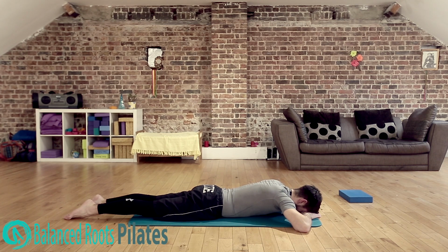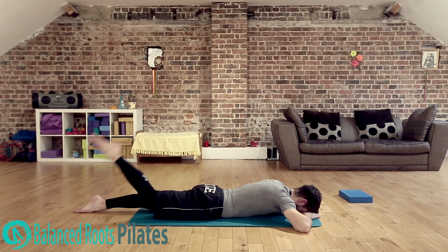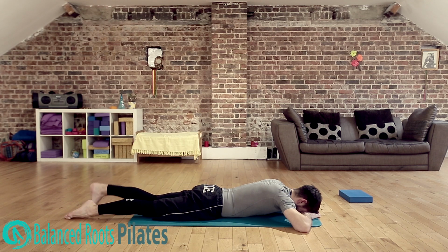Now you're going to keep your head on the mat. You're going to tuck your right toes under, push through the heel. It's going to raise the knee up, and then you're going to kick towards your bum, keeping the knee off the mat. And then on your left leg,